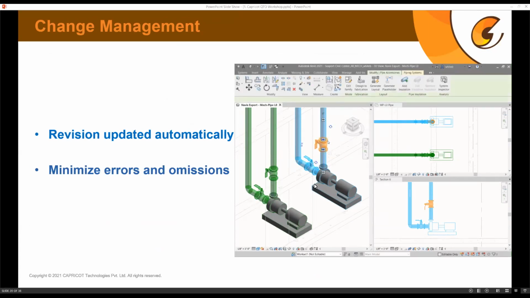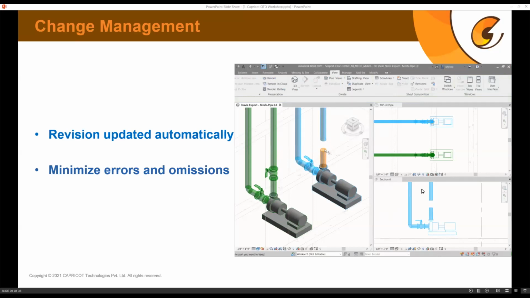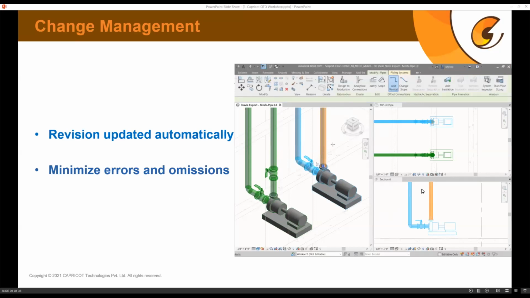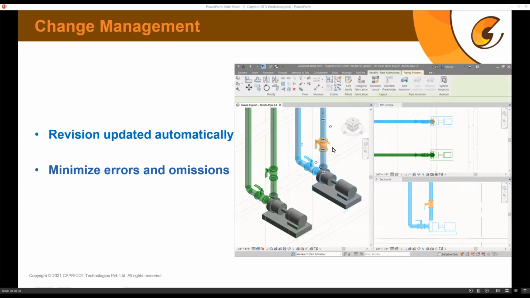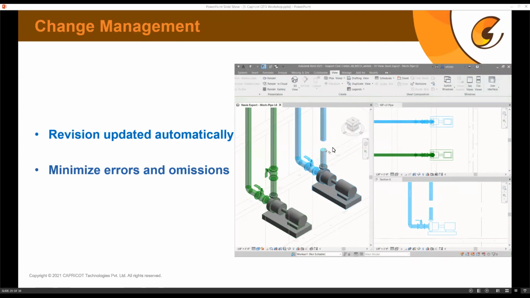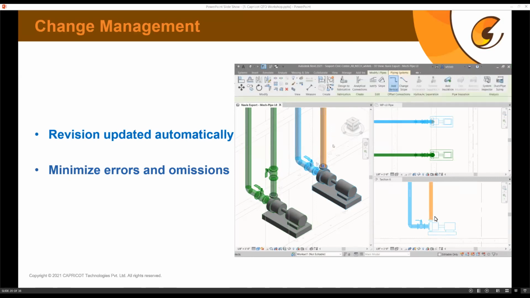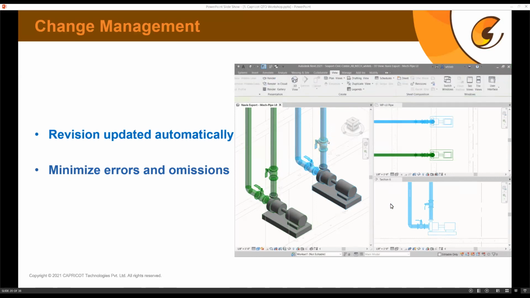As you can notice on the right side of my screen, in this animation, we have captured this part where this pipe is updated, this connector is removed, this check valve is removed, and now the revision is that this pipe is going to be continuous. And since changes are updated in 3D view, the plan views and section views are automatically getting updated. So in this way, revisions are automatically updated.